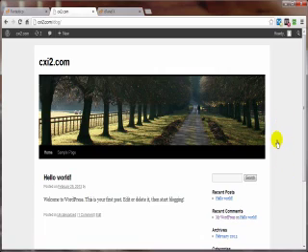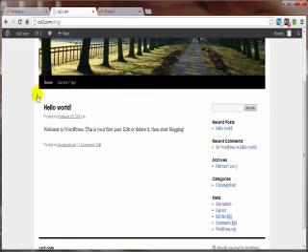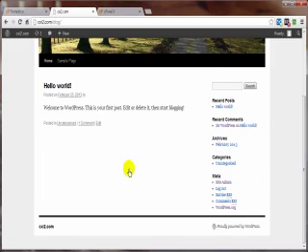Right now, we have a WordPress site that we can quickly add pages to, we can add images to, we can add videos to, and we've got our main homepage right here that we can have with or without a sidebar. All kinds of customizations can be done with the WordPress website. But right now, we have a website. That's going to bring us to the end of this